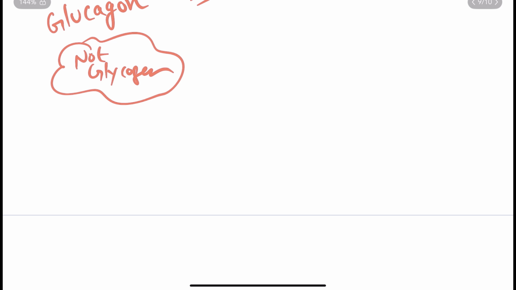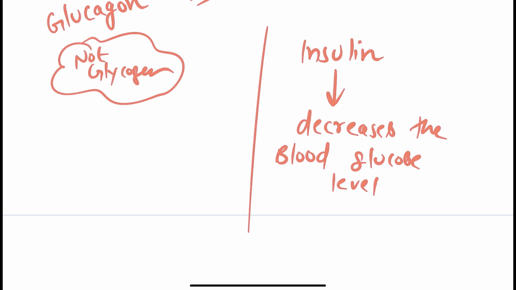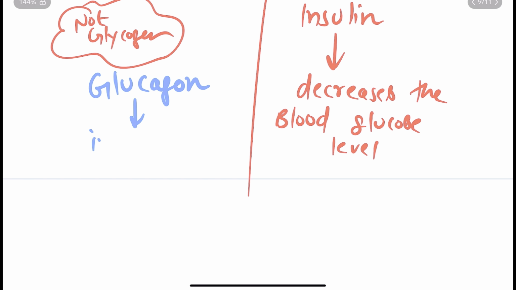Let's come to insulin first. Insulin decreases the blood glucose level, whereas glucagon, the hormone produced by the alpha cells, obviously must increase the